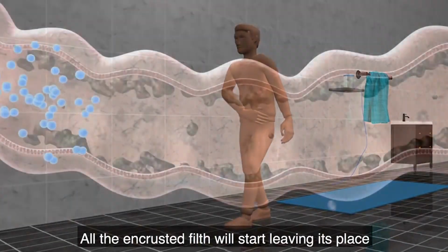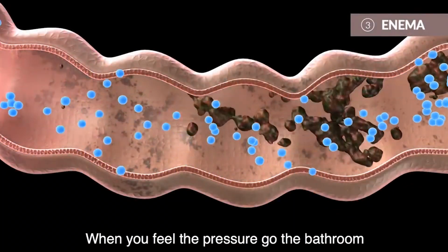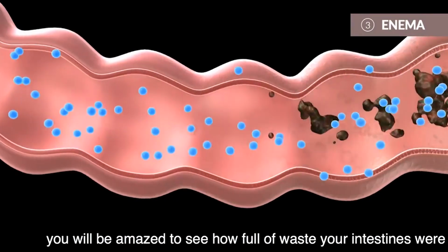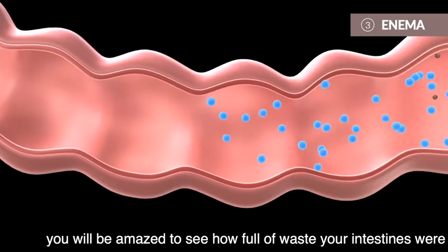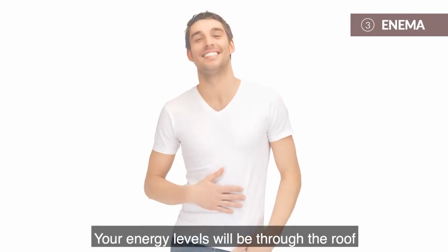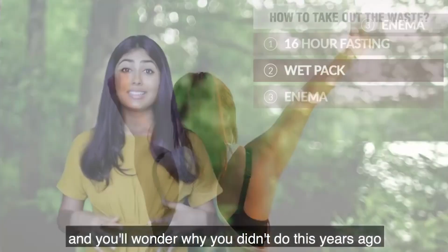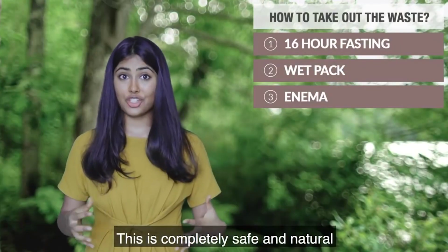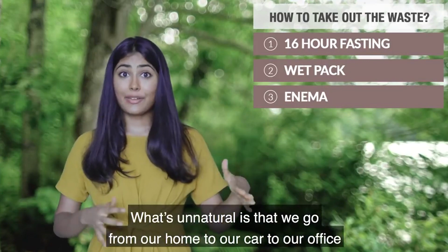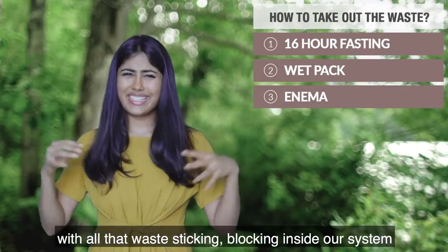All the encrusted filth will start leaving its place. When you feel the pressure to go to the bathroom, you will be amazed to see how full of waste your intestines were. You'll feel so good and clean. Your energy levels will be through the roof and you'll wonder why you didn't do this years ago. This is completely safe and natural. What's unnatural is that we go from our home to our car to our office with all that waste sticking,